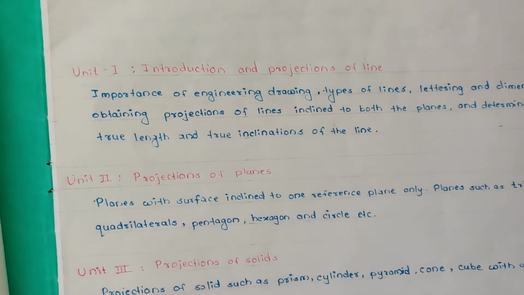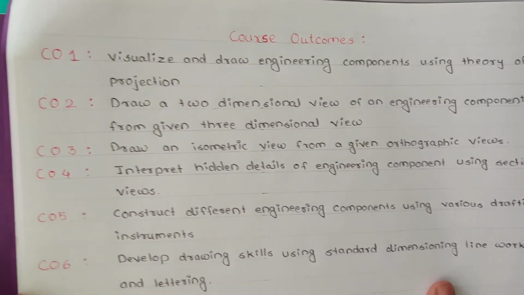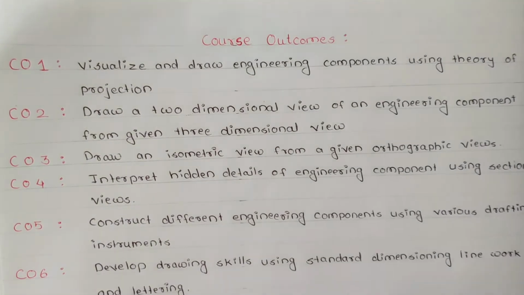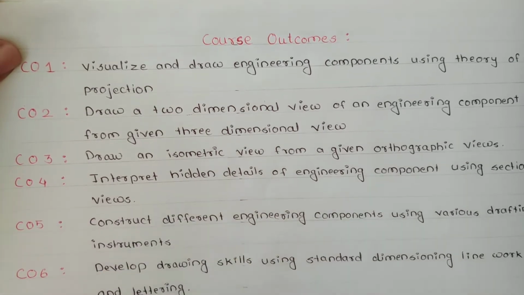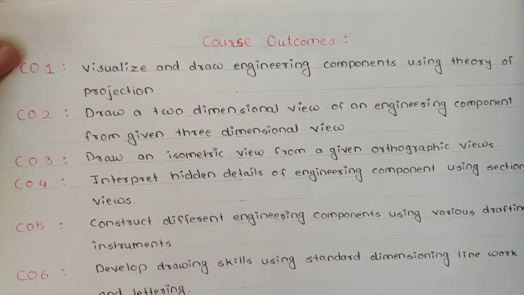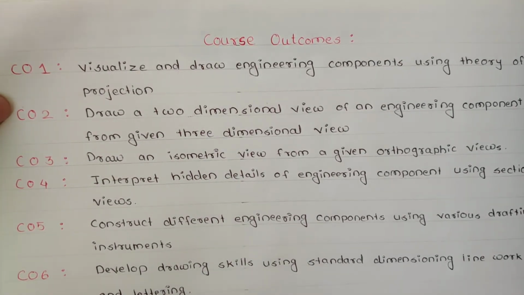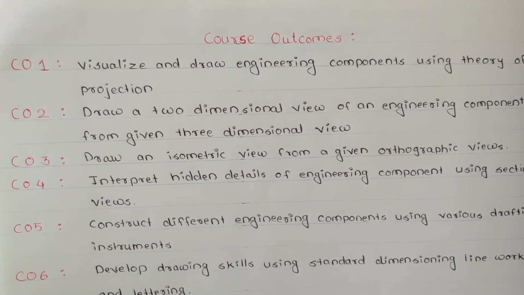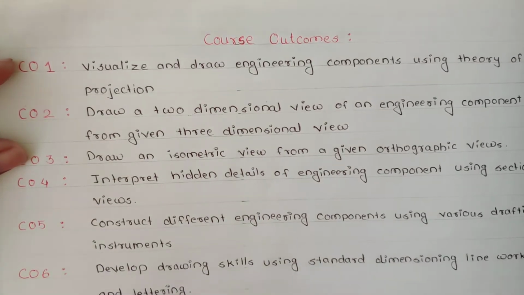Next we are going to see the course outcomes. These are the course outcomes. First, CO1: visualize and draw engineering components using theory of projection. As we are going to see, how we are going to draw a line and visualize it, like that. Then CO2: draw a two-dimensional view of an engineering component from a given three-dimensional view, which I told you about